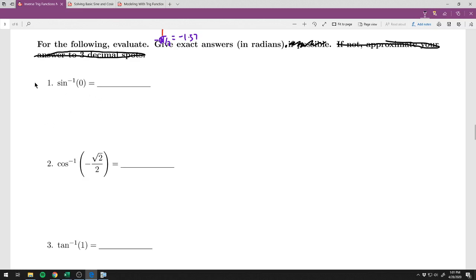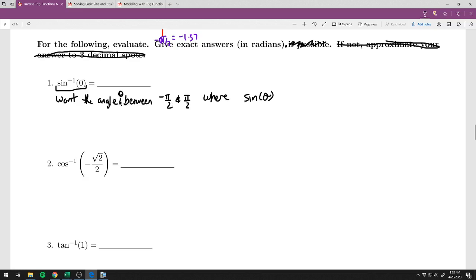All right, so the first thing, sine inverse of 0. You know, if we want to do this without a calculator, we got to use our wording. What is this asking us? Well, we know it's an inverse trig function, so we want an angle. Because we're talking about sine inverse here, we want an angle between negative pi over 2 and pi over 2. Right, that is what comes out from sine inverse is an angle between negative pi over 2 and pi over 2, where sine,